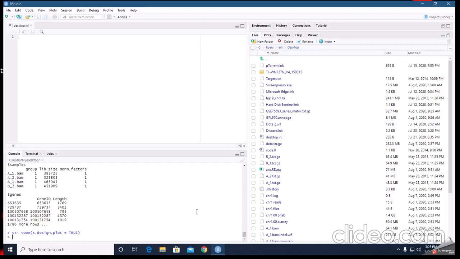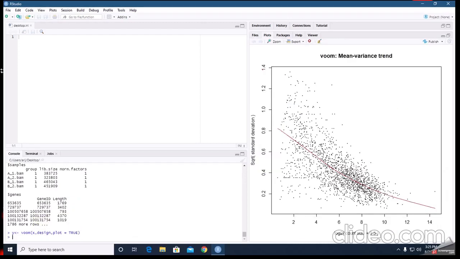Okay, see this. Now this is the mean-variance trend plot, with log2 of count plus 0.5 on the x-axis and square root standard deviation on the y-axis.